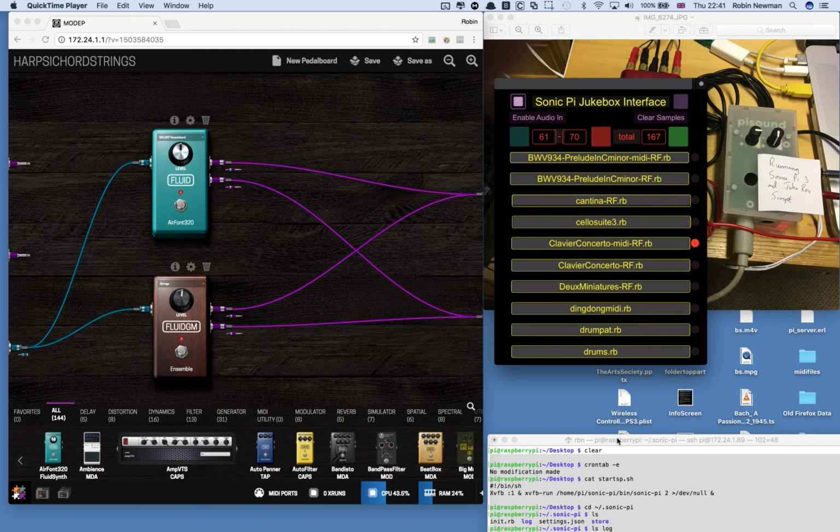Just adjust the levels a bit. And to prove that it's coming from here, we'll just turn these off. Turn the synths off so you can't hear anything. I can see some red LEDs flashing on the Pisound boxes. You can't actually see them because it's not in the video. But if I turn this on again,